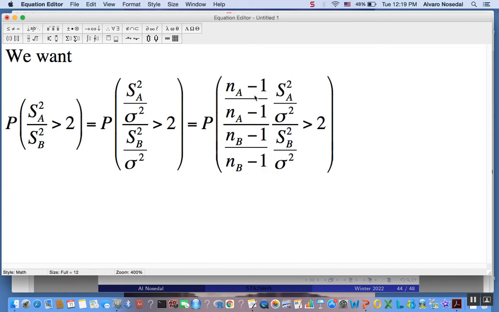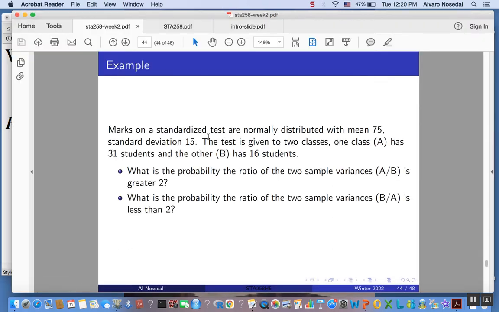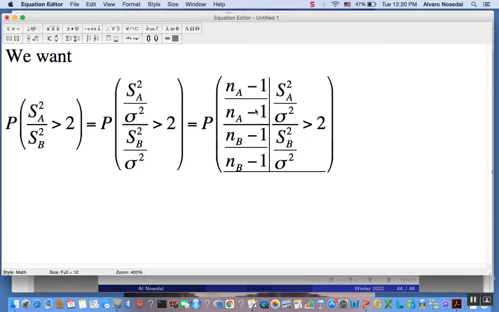But now note that what we have is n minus 1 times s squared divided by sigma squared. We know that under the conditions that we have, because we are drawing observations from a normal, by our theorem 7.3, this quantity here, n sub a minus 1 times s sub a squared divided by sigma squared, has a chi-square distribution with n sub a minus 1 degrees of freedom,